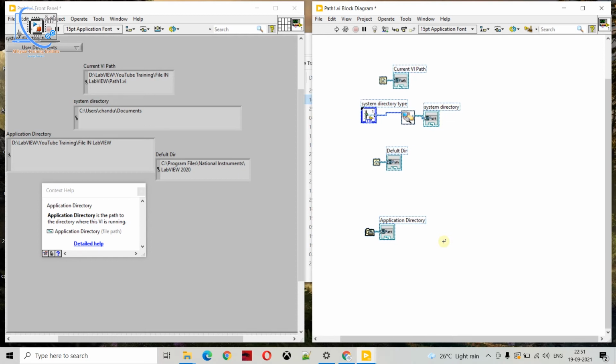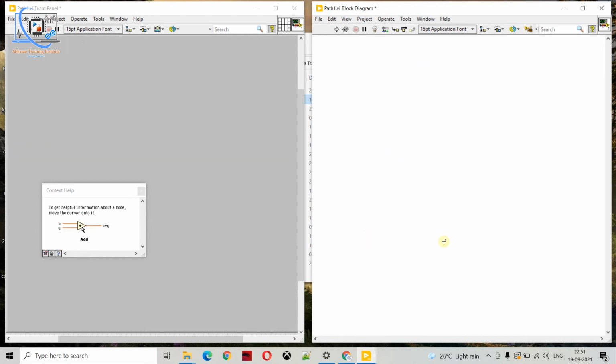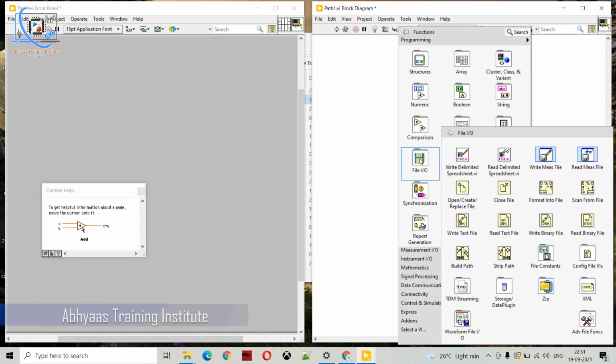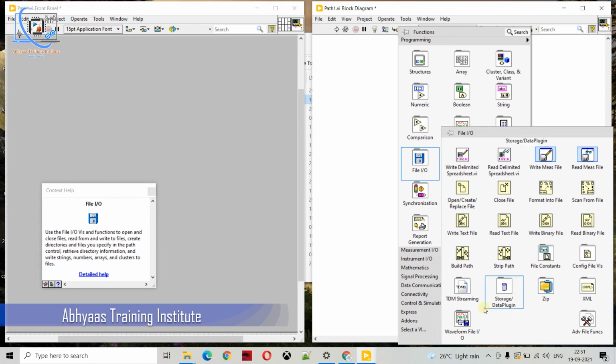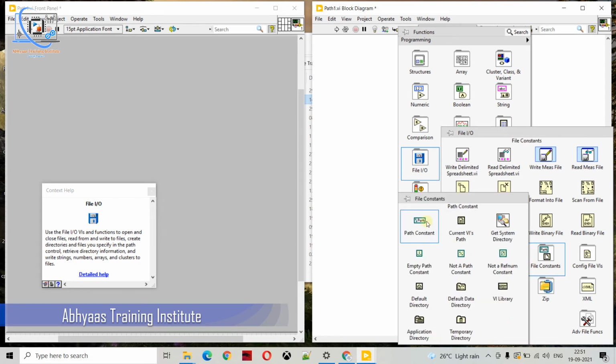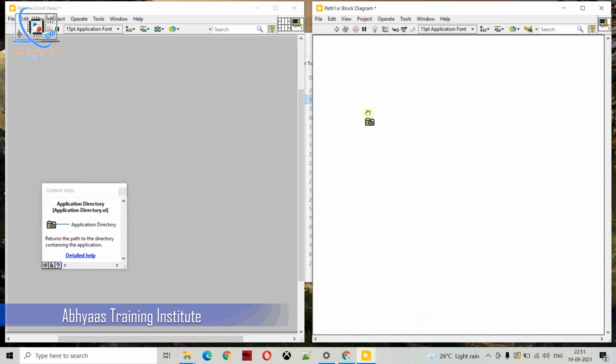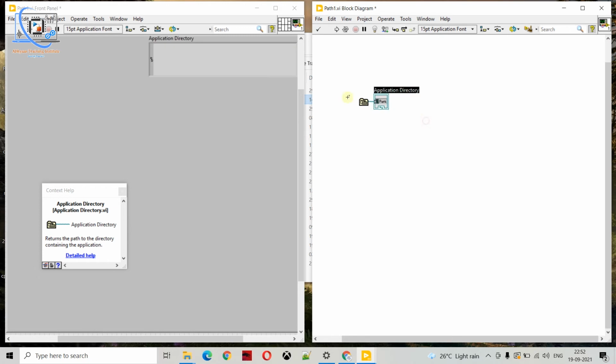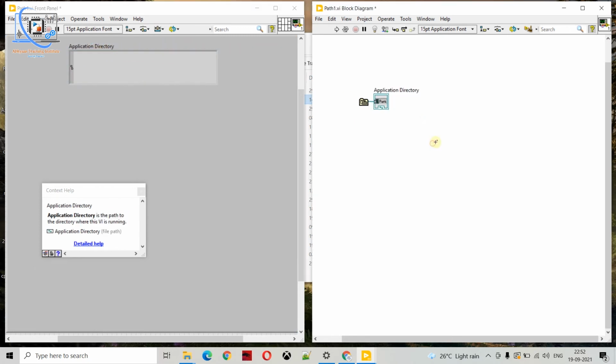Let me delete it. What I will do is take the application directory, and if we want we can create an indicator. So this will be our active directory.